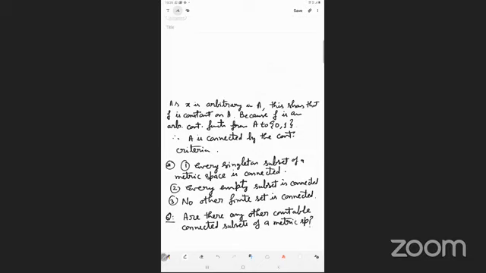अभी तक हम लोगों ने ये काम किया कि कहा कि कोई empty subset है तो वो connected है, singleton है तो वो connected है, और इसके अलावा कोई भी finite subset अगर है तो वो connected नहीं है. लेकिन अब इसके आगे थोड़ा सा बढ़कर के सोचने की बात है कि कोई काउंटेबल कनेक्टेड सबसेट हो सकता है मीट्रिक स्पेस में कि नहीं. So that is important, and you can think it.